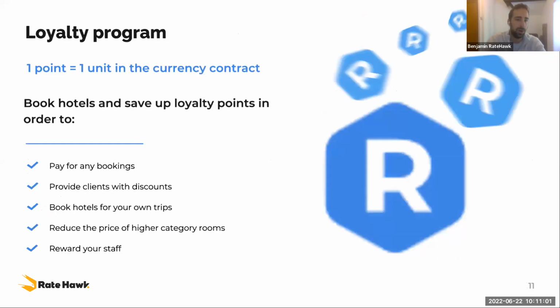A loyalty program, which we offer. Every time you make a booking, you'll see a little blue number, which corresponds to a unit of loyalty point. Each unit is worth one unit of currency in which you're booking. So if it's GBP, for example, each point will be worth £1, or if it's euro, the same. And this can then be used to redeem against any future bookings you might make.